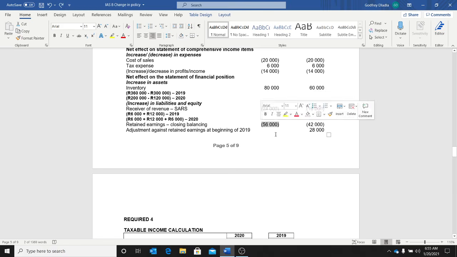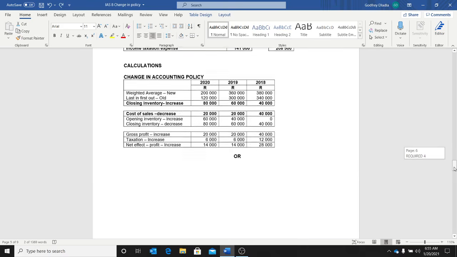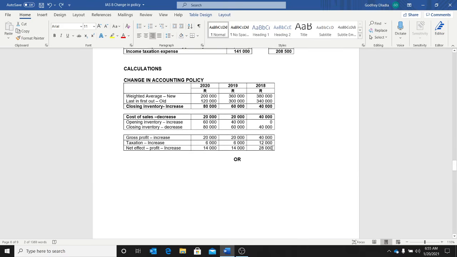Now let me just also explain this 42 and this 56. You do it cumulatively again, just like we did the SARS one. 28 plus 14. By the time I'm in 2019, I've got a net increase of 28 in profits plus a 14 when I'm in 2019. So it's 28 plus this. That will give me